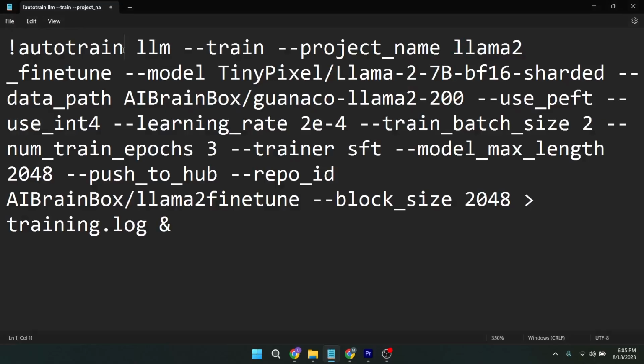First, write the AutoTrain keyword and then specify LLM, as we are fine-tuning a large language model. Include your project name here and then the model, which we already discussed earlier. Next, you need to provide the dataset path here, which will be the Hugging Face path of the dataset we have prepared specifically to train this model. Next, we use PEFT. This means that full fine-tuning is not possible here. We use parameter efficient fine-tuning. This is the method proposed by Hugging Face, and now we are using it in 4 bits, so not using